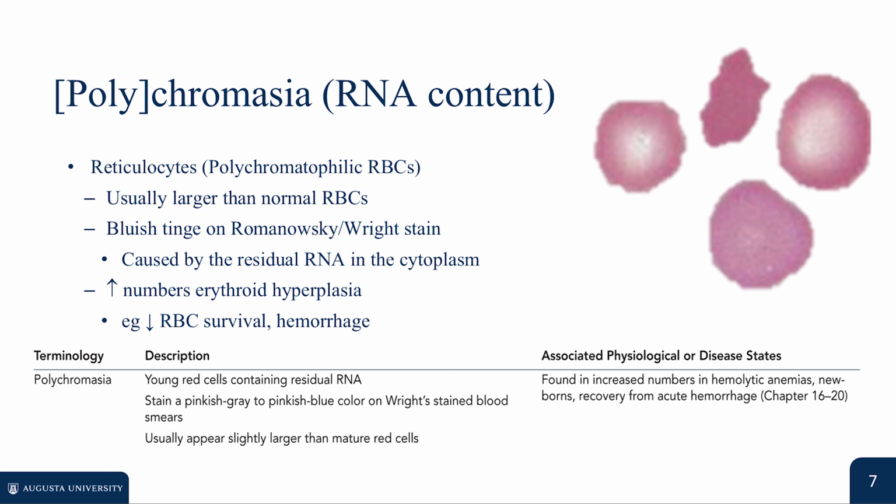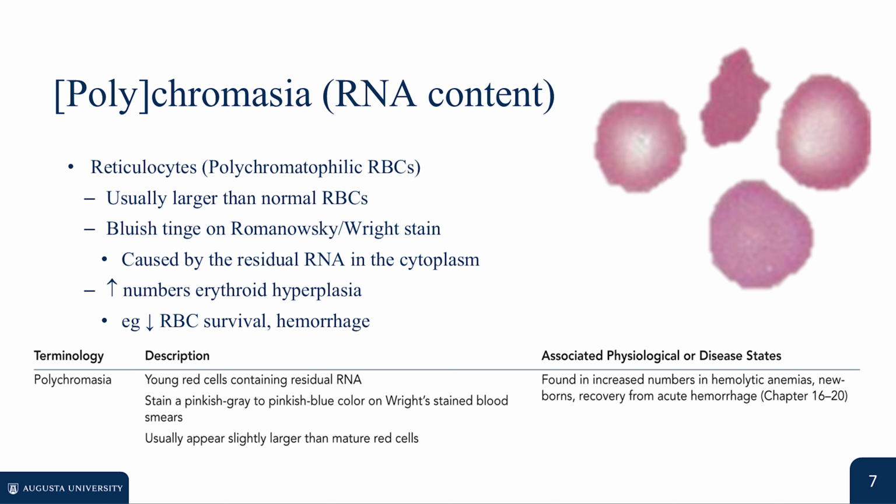Finally, we evaluate polychromasia, which reflects the presence of residual cytoplasmic ribosomal RNA in immature erythrocytes. Polychromatophilic red blood cells, or reticulocytes, represent the non-nucleated stage immediately following the orthochromic normoblast in the bone marrow. On standard Romanowsky or Wright stains, these young cells appear larger than mature erythrocytes and exhibit a distinctive bluish-gray coloration. That characteristic bluish-gray tint on the Romanowsky stain is caused by the lingering ribosomal RNA machinery actively synthesizing hemoglobin before